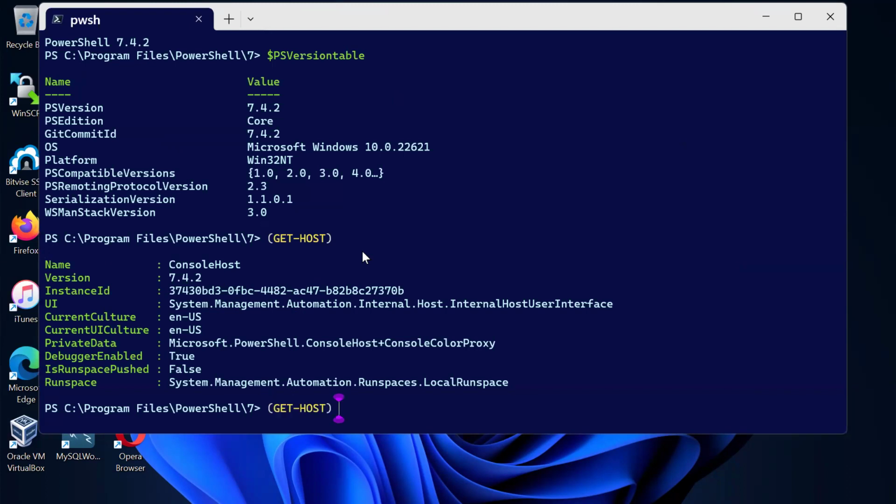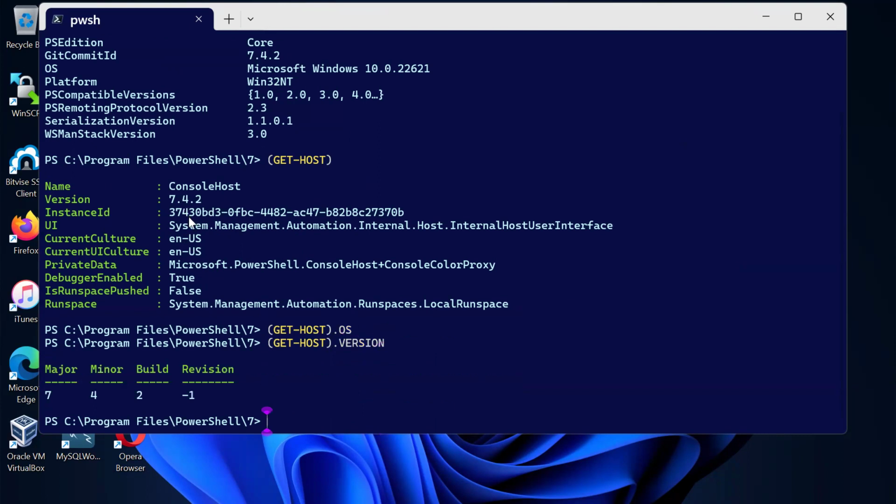And then if you wanted .os there, just to get the OS version, if there's any OS information, you will see it. But notice the OS information is not there. What you could do is, for example, give me the version, and then it will give you all the console. But the other command that we did here with